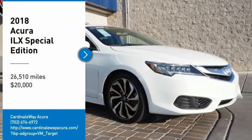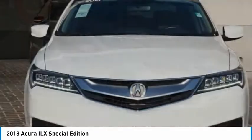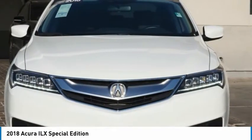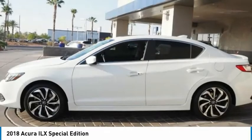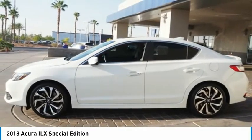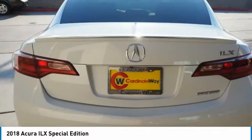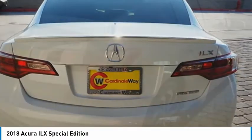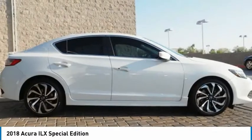You are going to love the 2018 ILX. The luxury in the new Acura ILX includes leather heated seats and a powerful array of voice command and high-end technological advancements, while being powered by a high-performance engine that propels this compact sports sedan quicker than you may expect. If enjoying the drive is something important to you, then the ILX might be the one you are looking for,